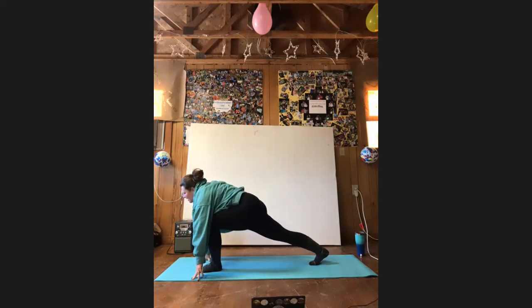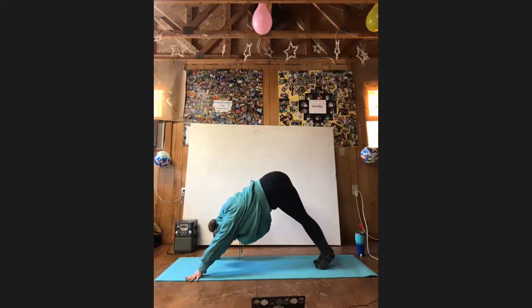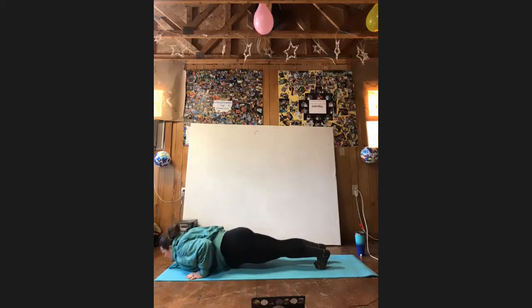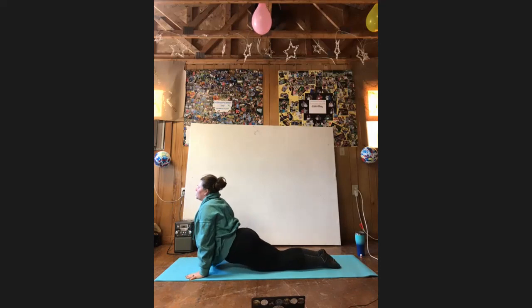And then on an exhale, step back to downward facing dog. As you inhale, you're going to move forward to plank. Exhale, lower to the ground, however you need to get there. Untuck your toes and inhale, roll the shoulders back and down, coming to cobra at any height that works for